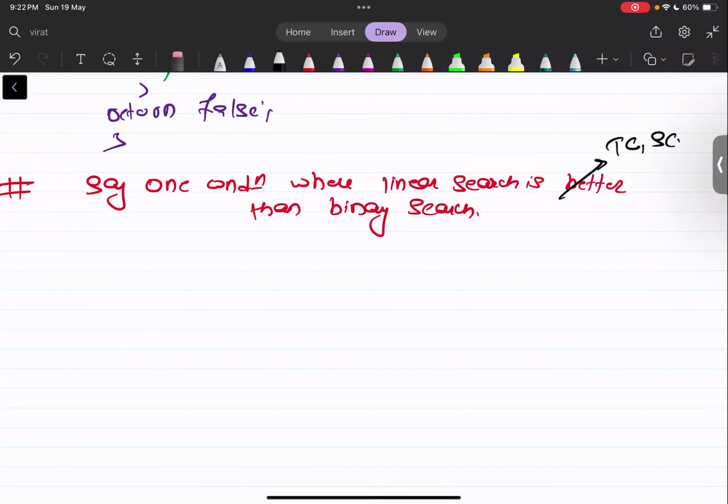Size of array is small, okay? Unsorted array, very good. So we got two answers here when the given array is small and unsorted array. So when I say that when given array is small, there will be not that much difference, binary search will be effective. So only one and only condition,